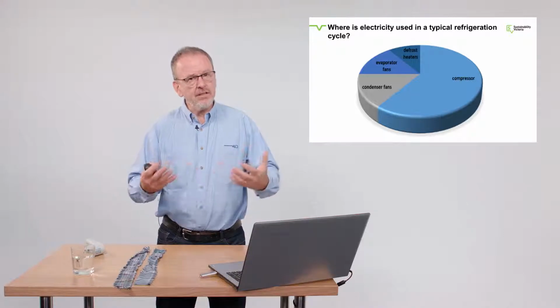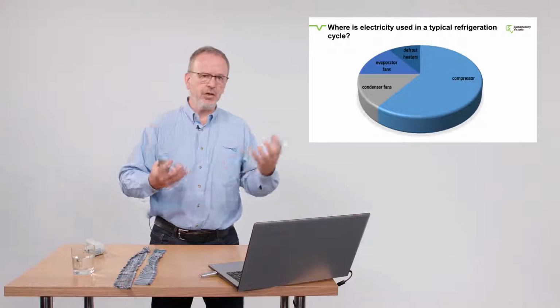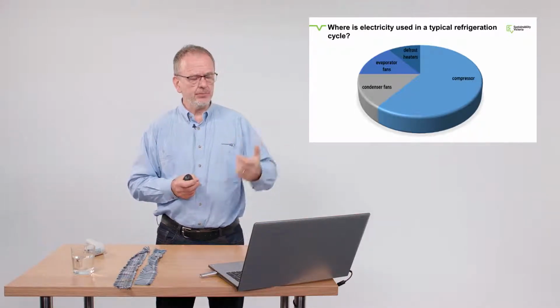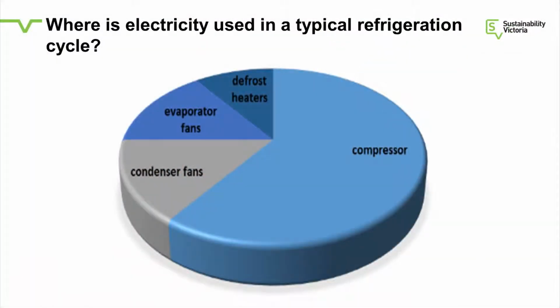And it's often very easy to save energy with the fans and more difficult to save it with the compressor. So you go for the low-hanging fruit. So that's why fans are quite important in the discussion. And then we have the defrost heaters, and this is where it's kind of sad because we spend a lot